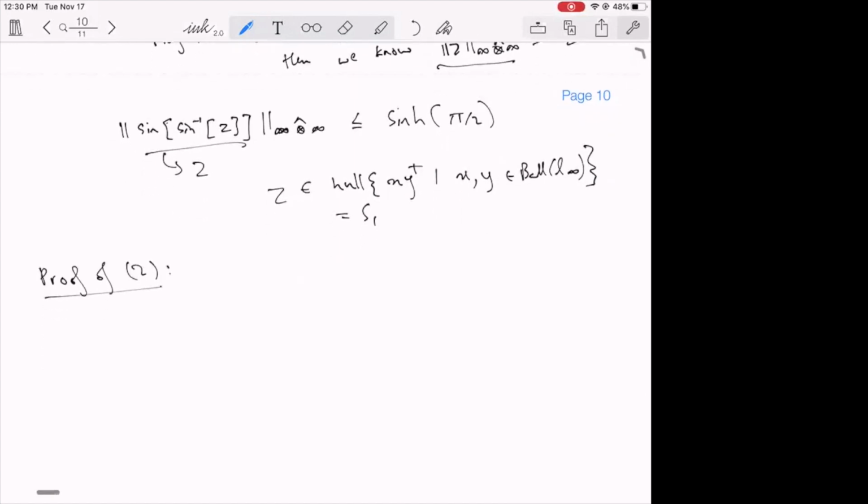The first observation is that if A, B belong to S1, that is the hull of outer products, then